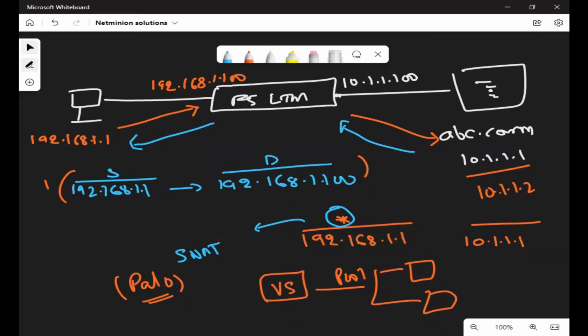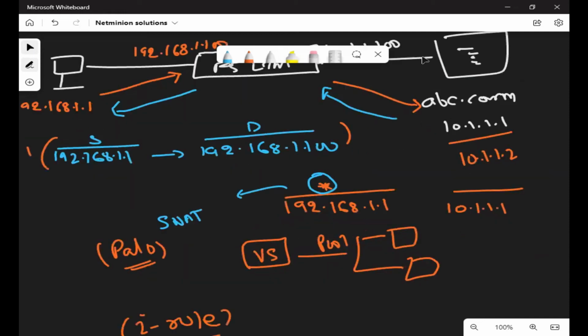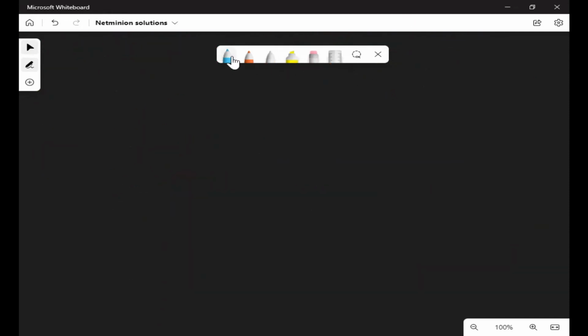Are you going to cover what one connect is and how it works, and the different types of profiles we use on the virtual servers? Yes, that is part of your curriculum. Profiles are very important. You should be aware of them.